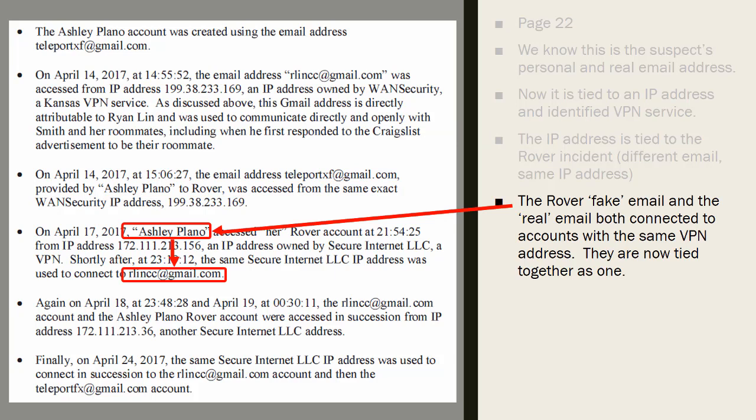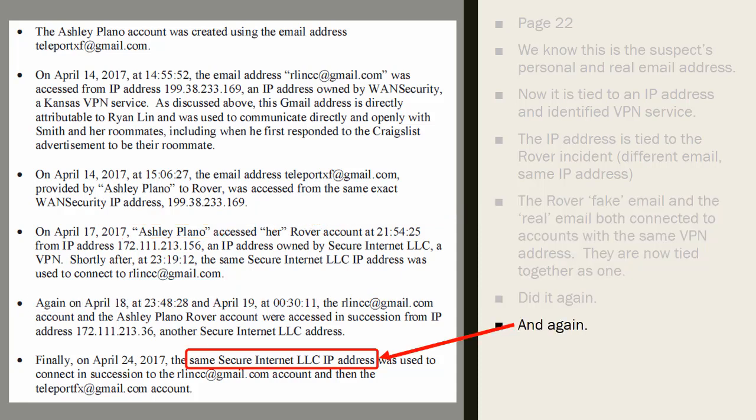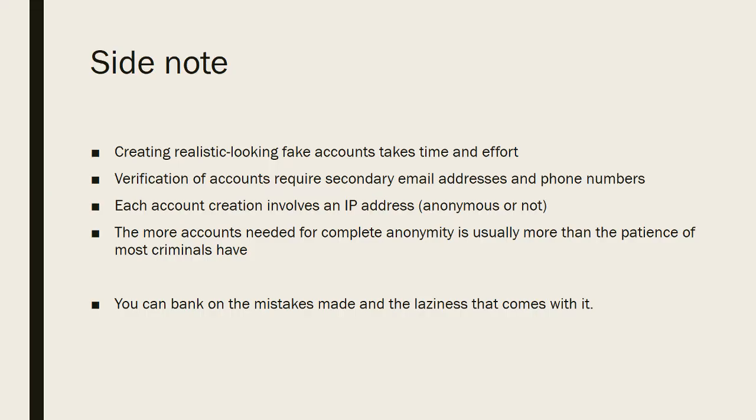This is that fake Rover account, and that one was created using the suspect's real email address. So now you tied this fake Rover account to the suspect's real email address. Did it again, logged in again and again and again. So the point is, the suspect made a mistake, led to another mistake, and they all were tied together.